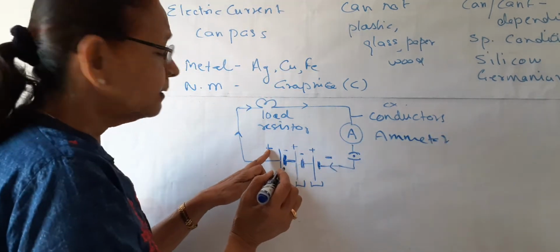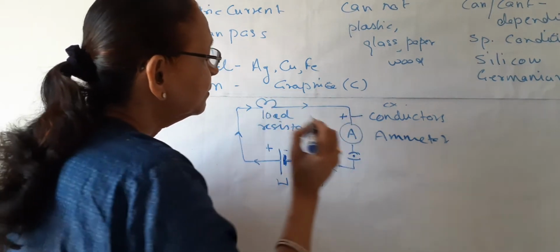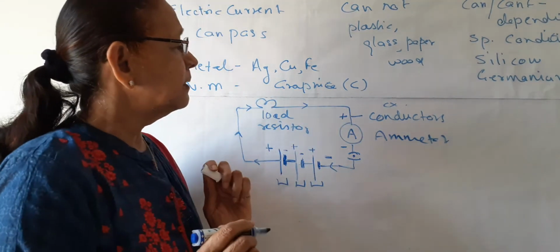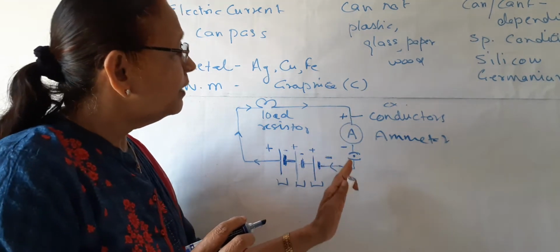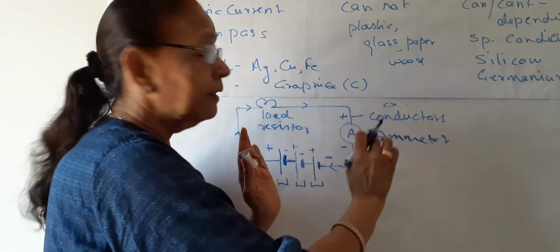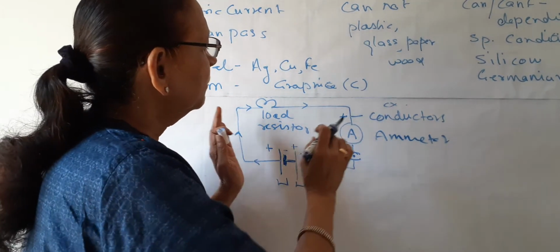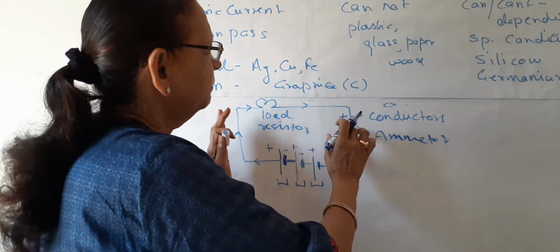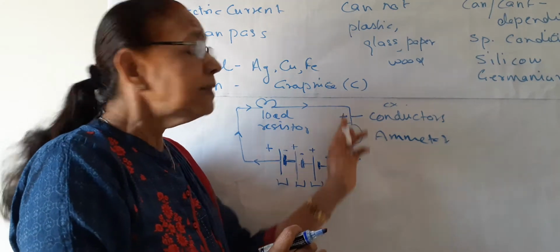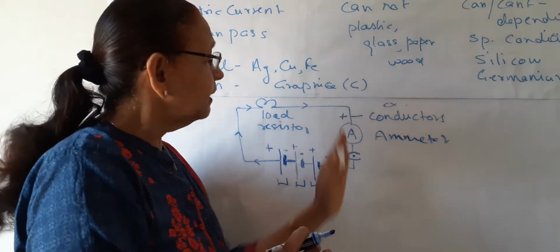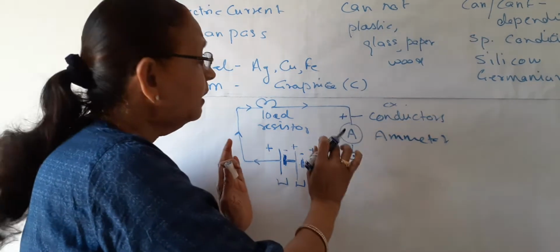And you can see this is the plus terminal. So plus, plus, plus. So this is the plus terminal of the ammeter and this is the minus terminal of the ammeter. It is always joined like this in the circuit, and this arrangement we call as, what is that? Series. So this ammeter is always joined in series to the circuit. This arrangement we said that the ammeter is joined in series to the circuit.